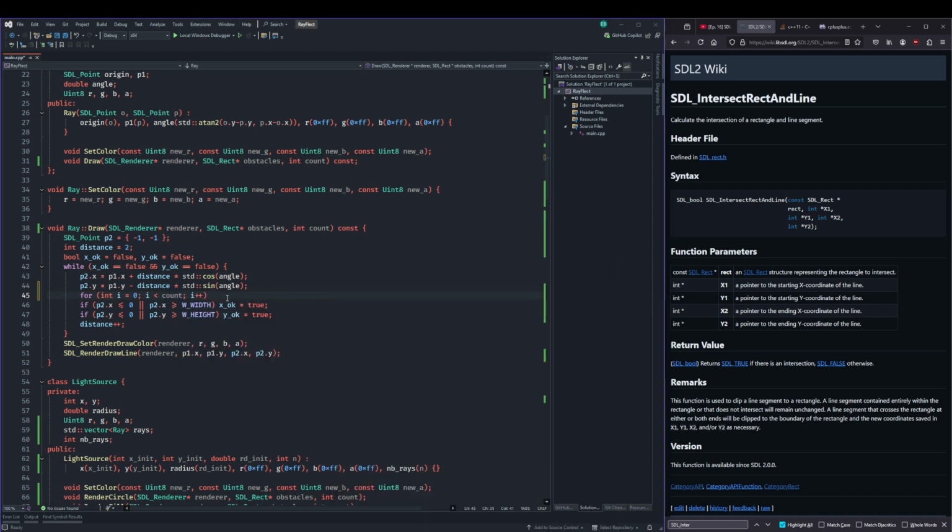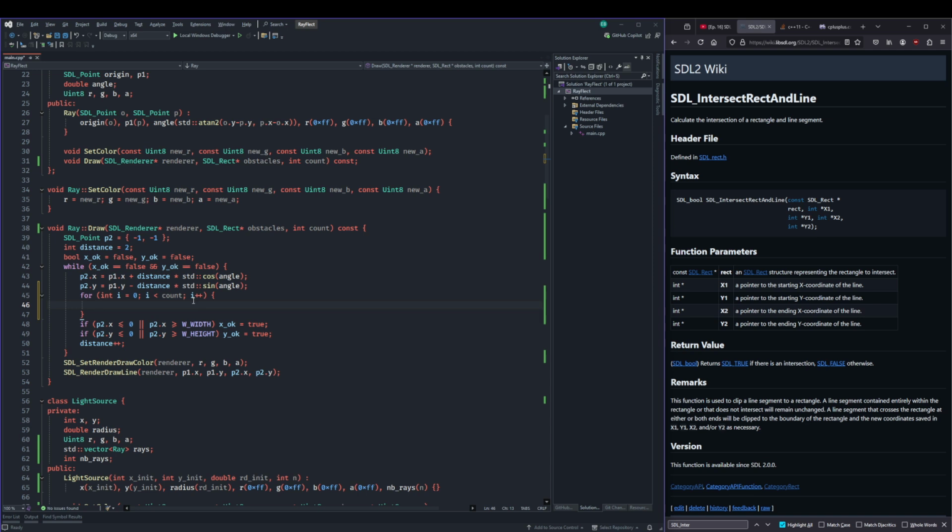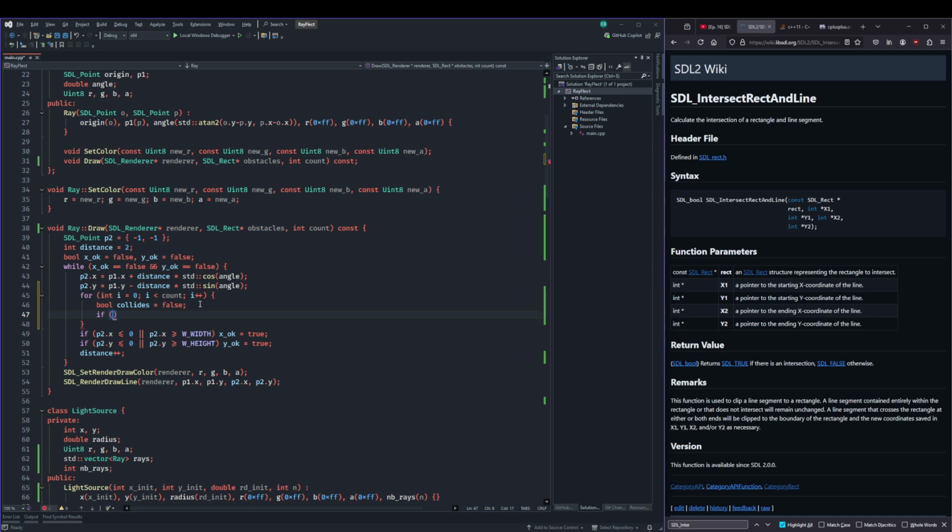What we're going to do is simply check, so you're going to do bool collides equal false, and if SDL intersect rect and line between, this is going to be obstacles i, but the address of it, right? And so x1 is just going to be